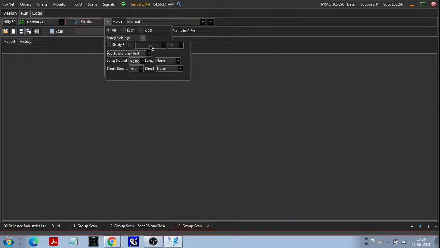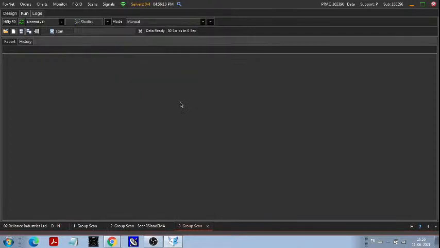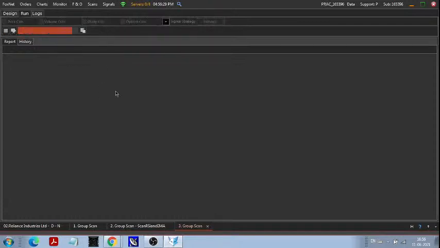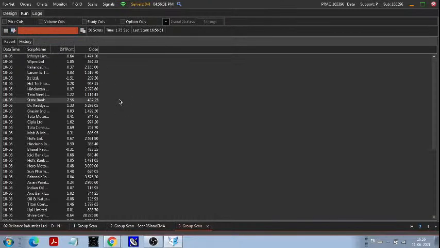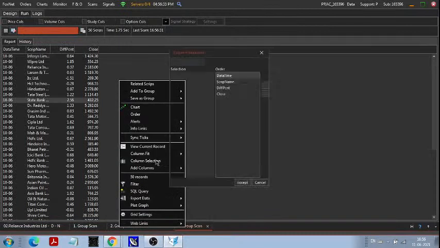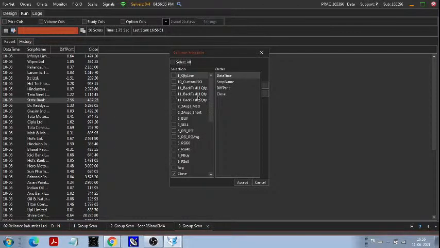Now this time I will not set any filter, because I need a report, not a filter. I need a report of every stock, what profit or loss it is giving in that defined period. So I will not set a filter here. Then simply scan, and from column selection, I will set the analysis column.